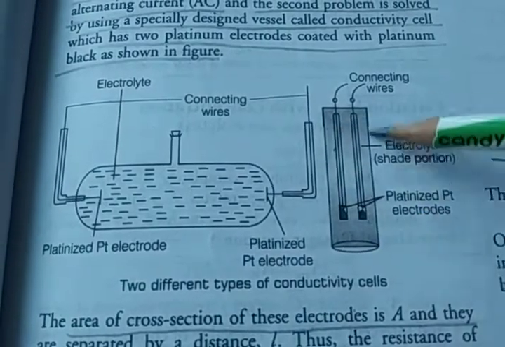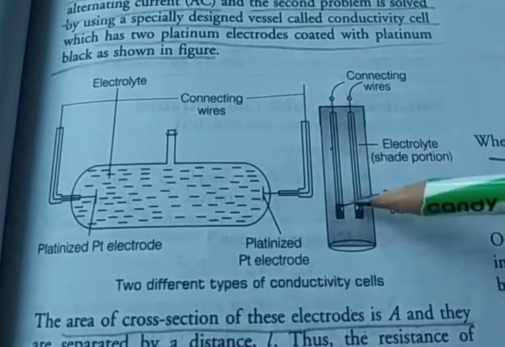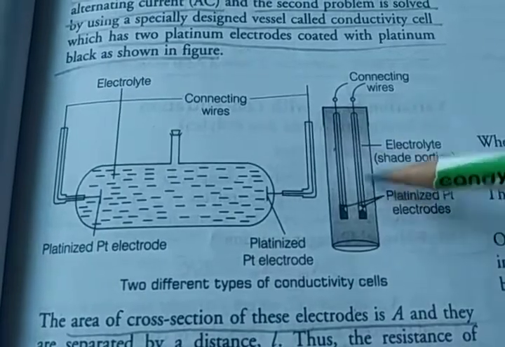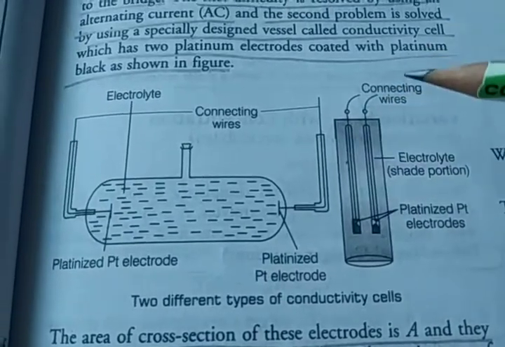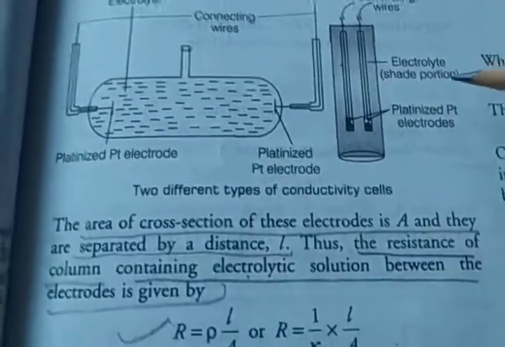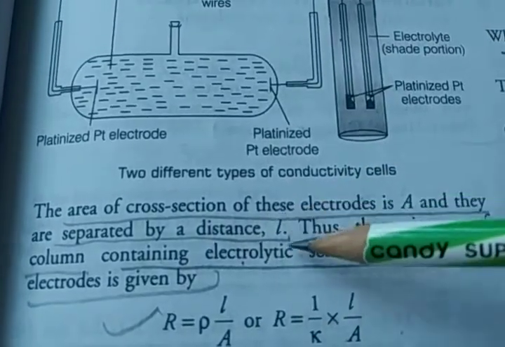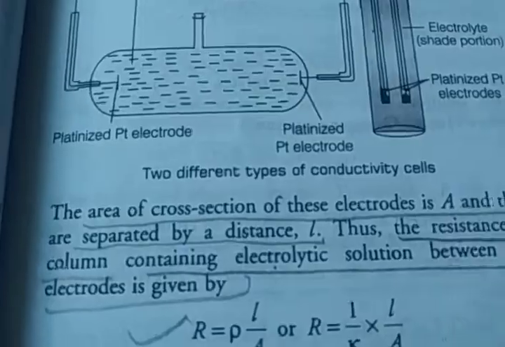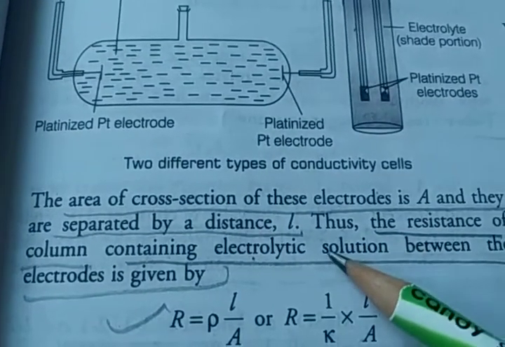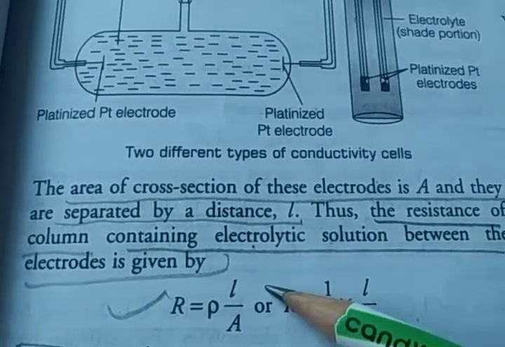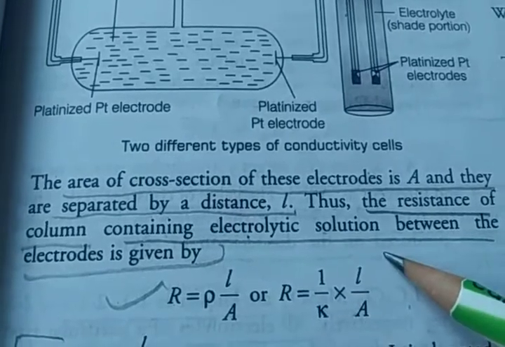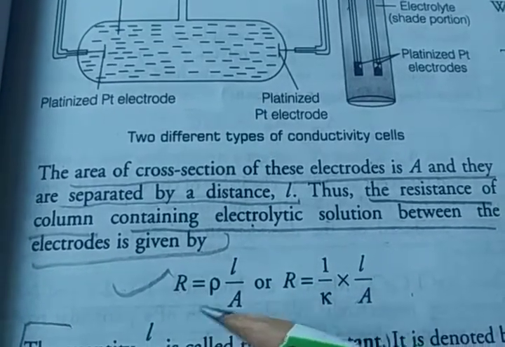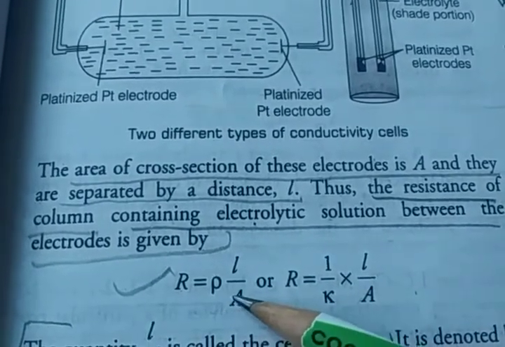Here is an electrolytic tube-type cell with platinized platinum electrodes connected by wires. The cross-sectional area of these electrodes is capital A, and they are separated by the distance small l. So the resistance of the column containing the electrolytic solution between the electrodes is given by R = ρ l